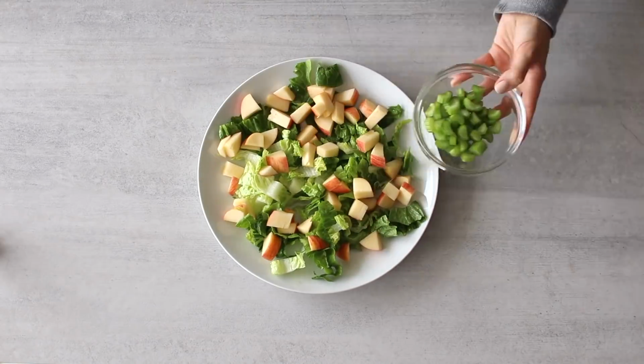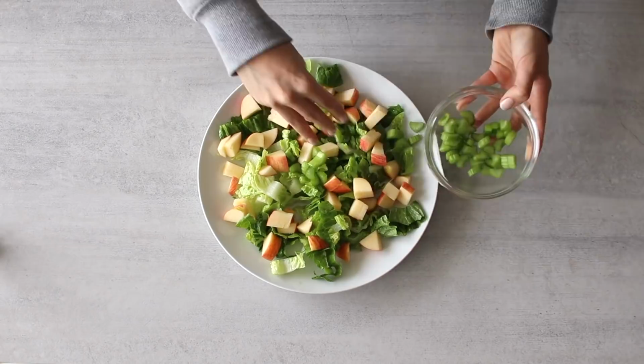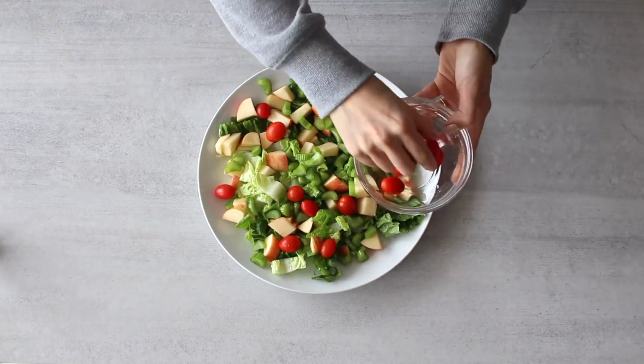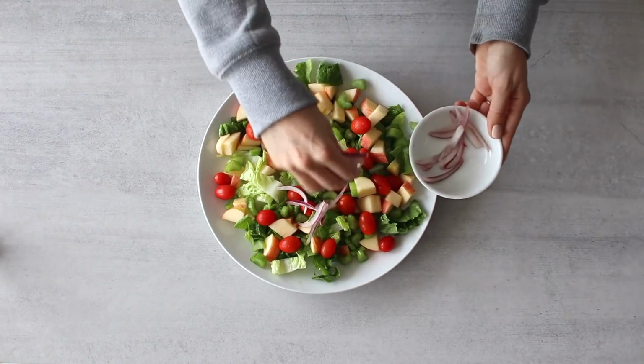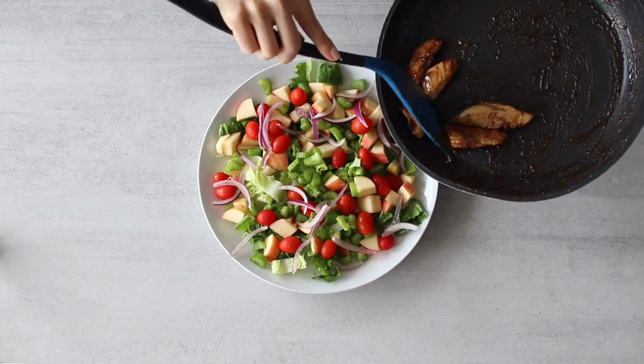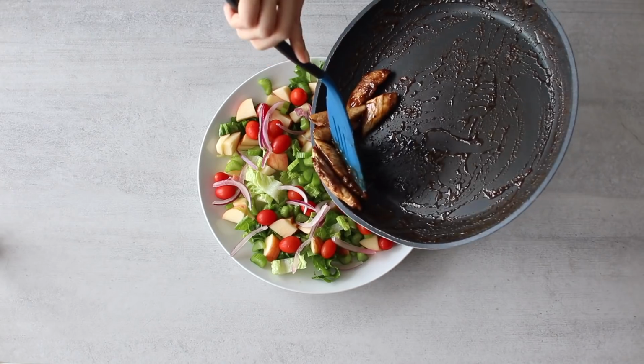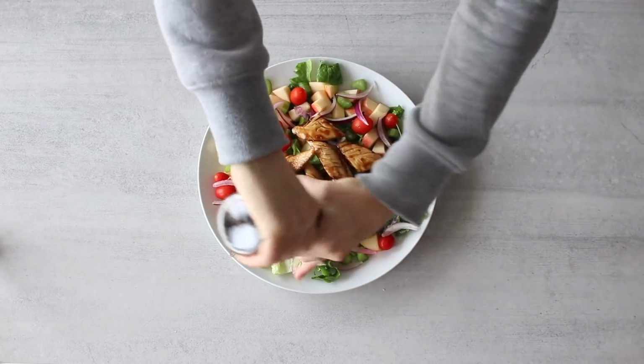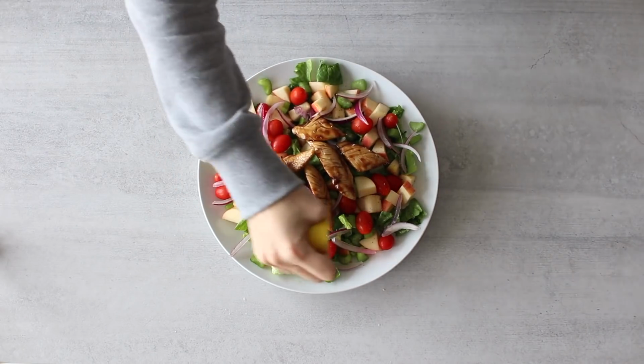With some chopped up celery, you could do 1 or 2 stalks chopped up, about half a cup of baby tomatoes, and a little bit of chopped onion, about 1/8 of an onion. Then I add the cooked honey mustard chicken on top. This is also something you can cook in bulk and add it to your salads really quickly. A little bit more salt, pepper, and lemon juice over the salad,